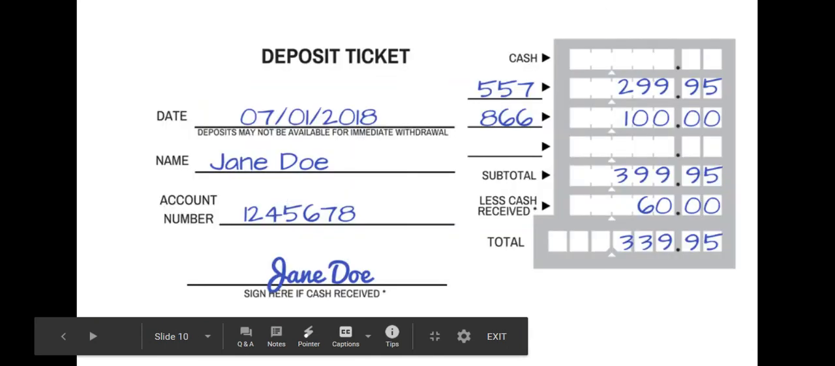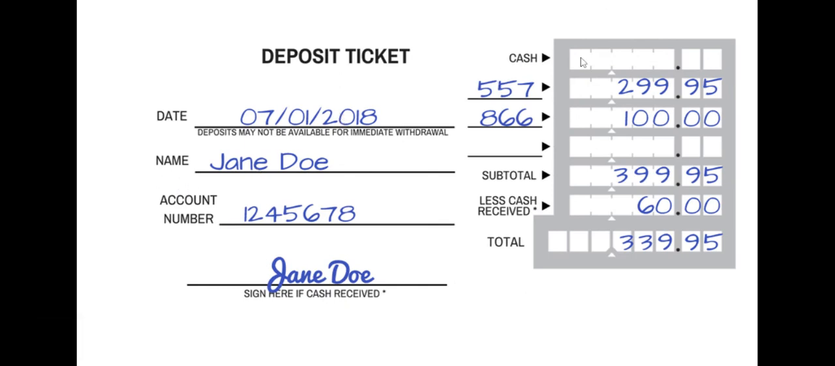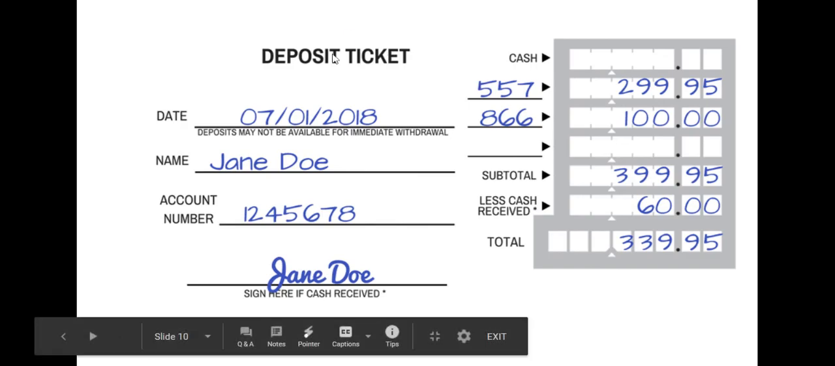Here's another one. It's just like the one we had earlier. The account number's here. They signed because they got cash back. It doesn't have a place for the address on this one. There's their name and their date. No cash on this one. But they listed the two checks they deposited. There's a subtotal. There's the less cash they wanted back. And then finally, there's the grand total of their deposit. So that is how checking accounts